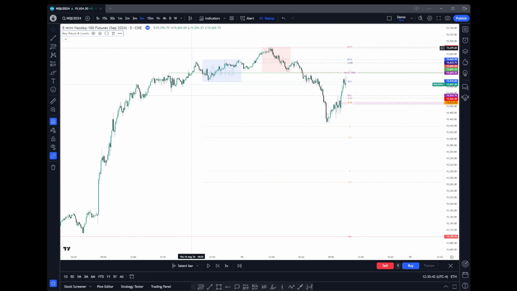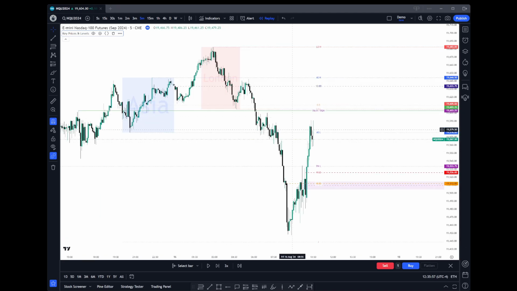I have this indicator right now on screen. If you don't have access to it, send me a DM with your TradingView username so I can give you access. What this indicator does, and I'll just zoom in here, it highlights key levels that are relevant for the